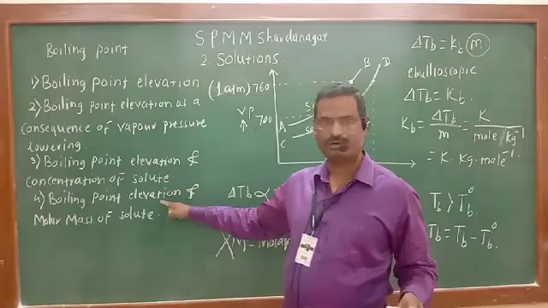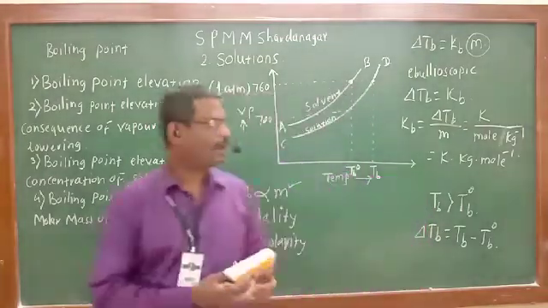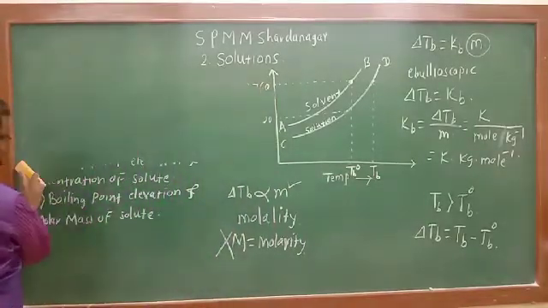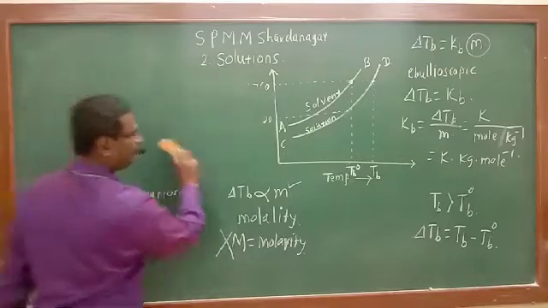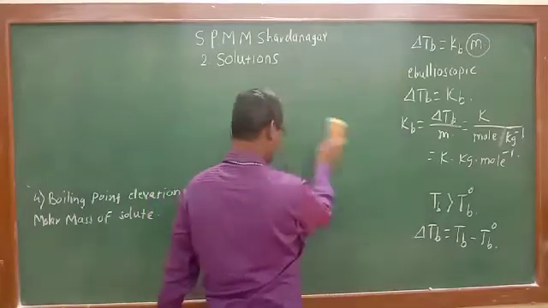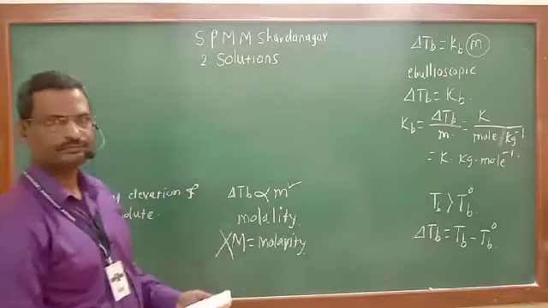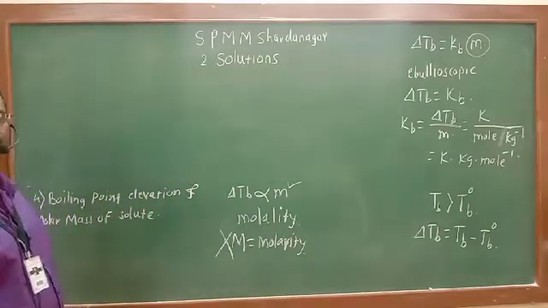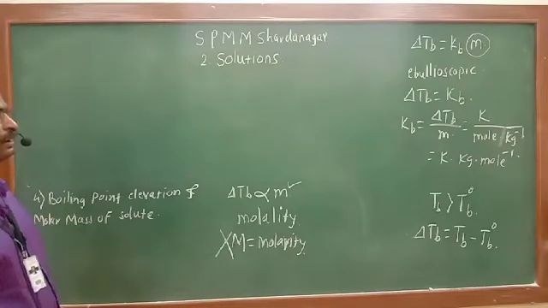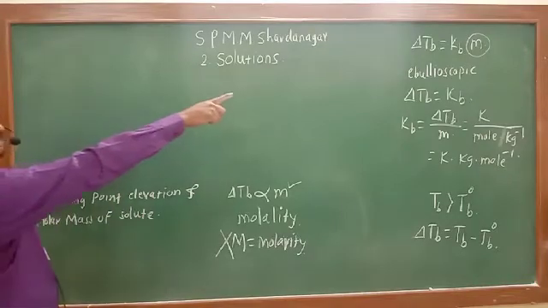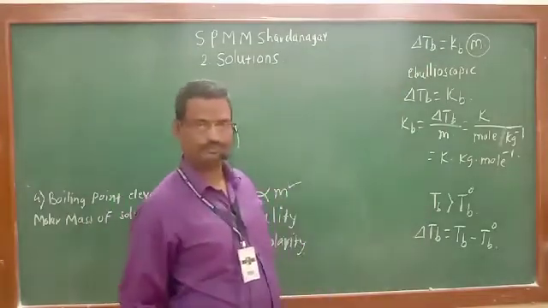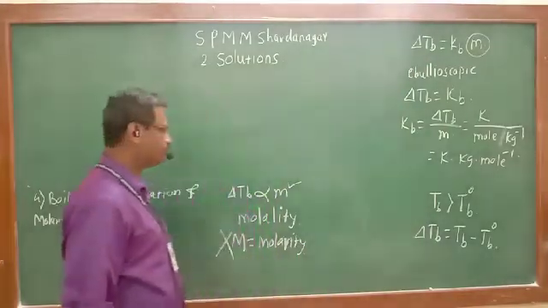And the last point we have to cover is boiling point elevation and molar mass of solute. That is important now here. How to derive the molar mass of solute is the final and important point for all colligative properties, to find out the molar mass of non-volatile non-electrolyte solute. Now from that equation we know delta Tb is equal to Kb into m. This equation we know. That is used to calculate the molar mass of solute.